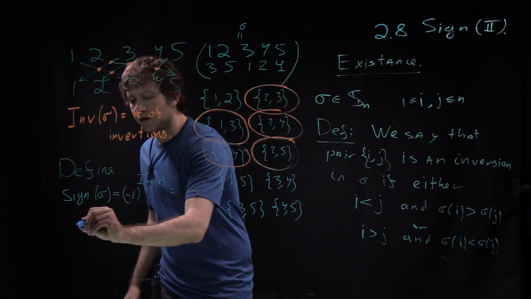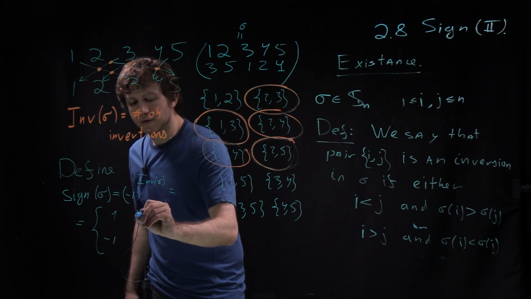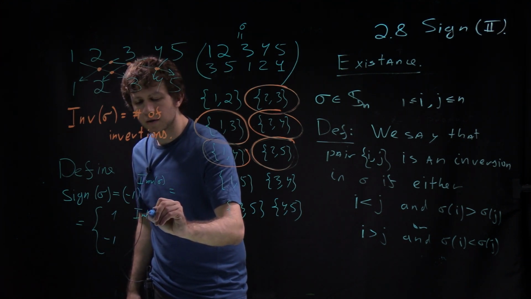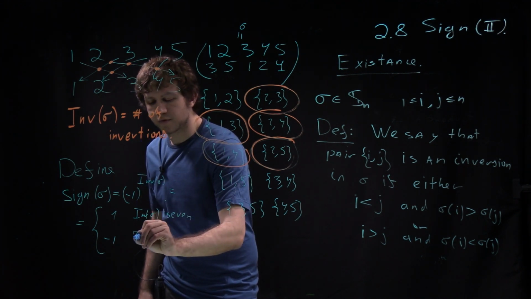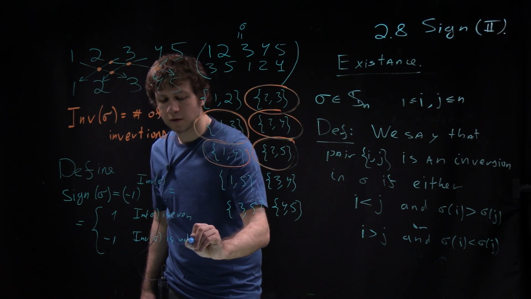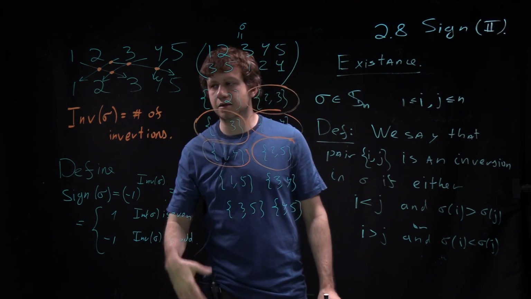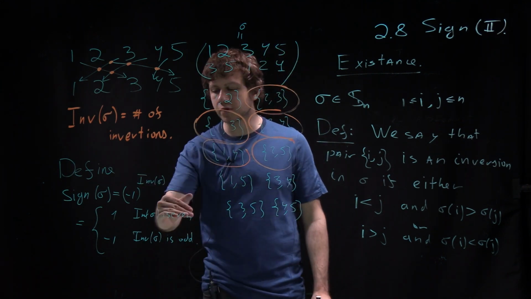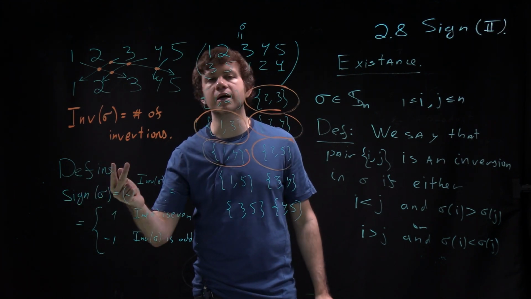So let me write that down. So it will be 1 or -1: 1 when inv of sigma is even, and -1 when the number of inversions is odd. So here there is no question whether this definition makes sense. It's just a uniquely defined number. But of course, a non-trivial fact is that sign is a